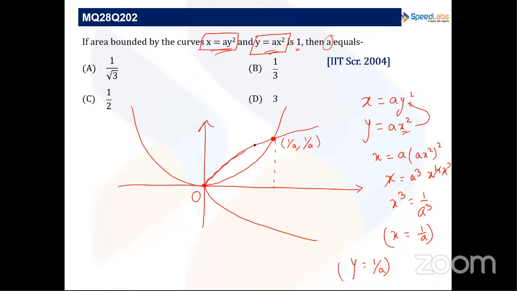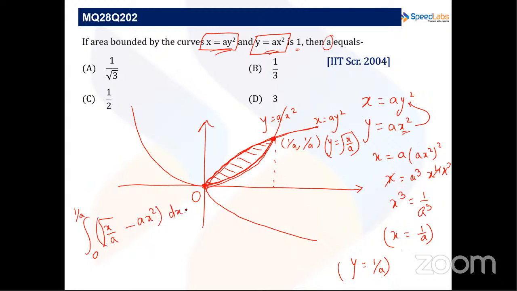Now the area enclosed between the two curves is given to be 1, and from here we can see that this curve has the equation x equals a y square, or we can say y equals root of x by a, and this curve has equation y equals a x square. So we need to find the area enclosed from 0 to 1 upon a under the root x by a, this curve, minus this curve,